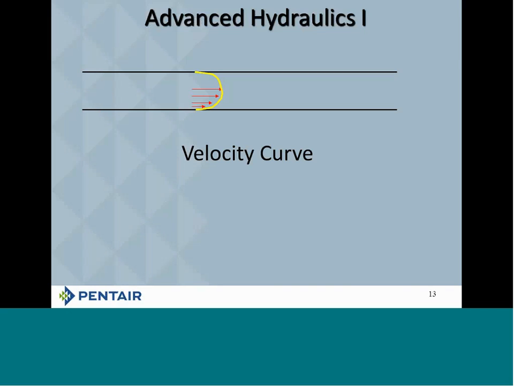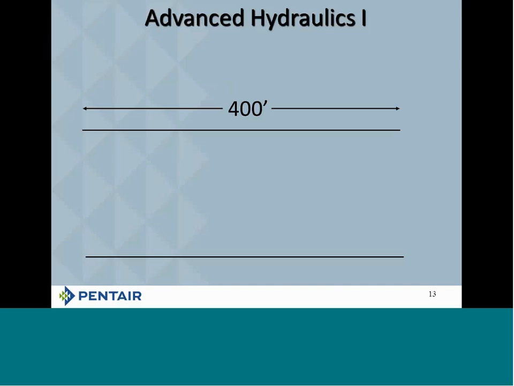Now, once you're in the middle of the pipe, now you've got the fastest moving water. So when we talk about a velocity curve, that's what we're looking at. When we talk about the turn velocity to you, we're simply mentioning the fact that there's water in the middle of the pipe. That's what we're talking about. All right? Now, the next slide that we see here is going to show us a 400-foot length